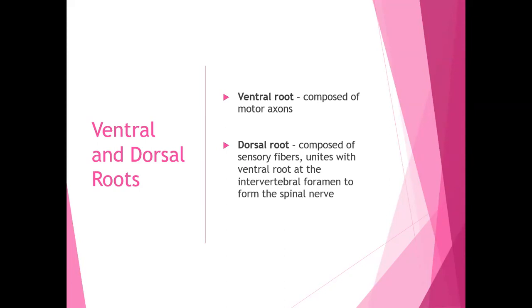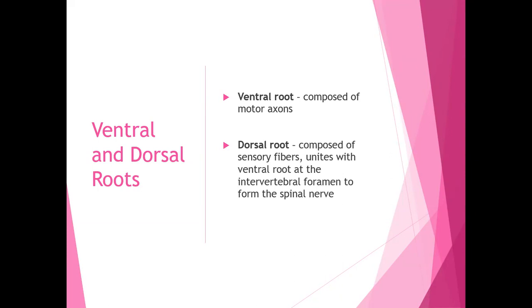So the sensory axons that enter the spinal cord are the ones transmitting proprioceptive and touch information. Those are A beta fibers. We also have the small diameter C fibers and A delta fibers transmitting nociception and temperature information going into the dorsal root. So the dorsal and ventral roots join briefly to form a spinal nerve, and the spinal nerve is